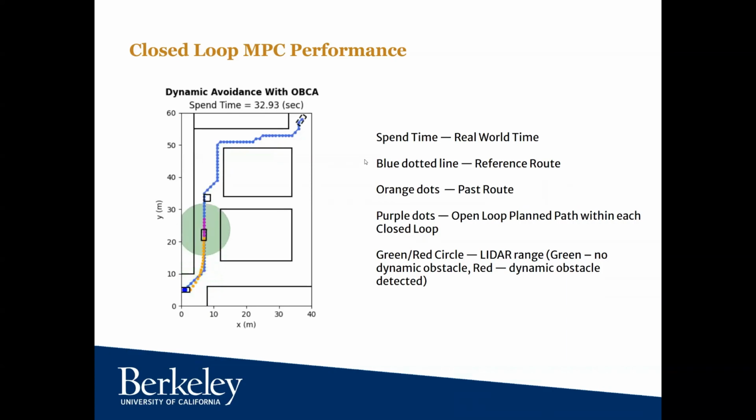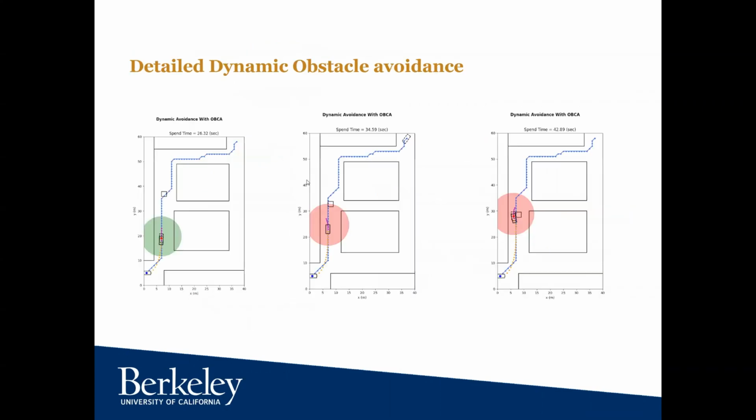And the big green and red circle represents our simulated lidar with a radius of 8 meters. As long as there are no dynamic obstacles, the lidar circle remains green, and when a dynamic obstacle comes into the range, the circle turns red,